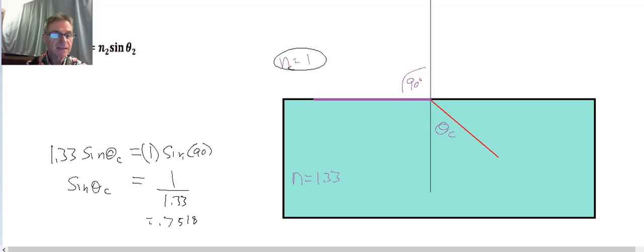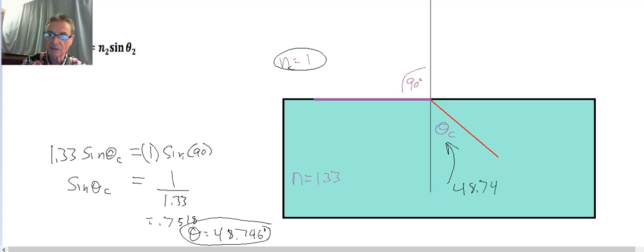And if I take the inverse sine of that, I get an angle theta equal to 48.746 degrees. Okay, so when this angle theta here is 48.746 degrees, what's going to happen is when this ray of light, this red ray of light up here,